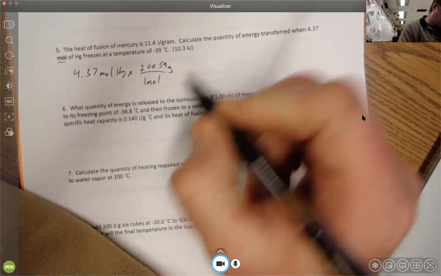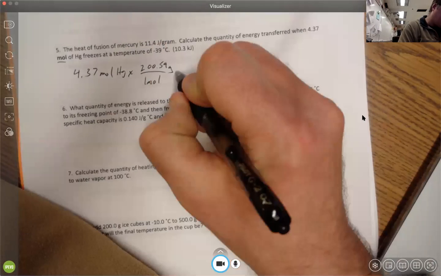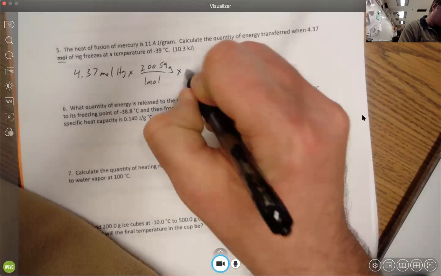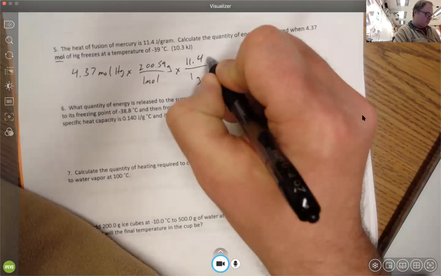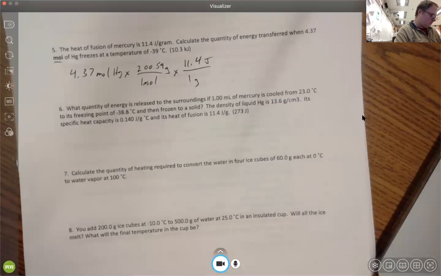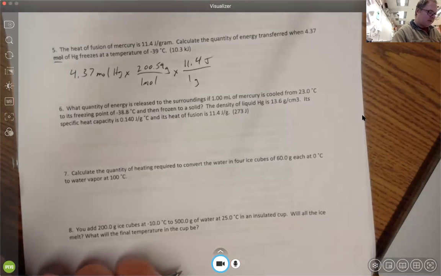And every 1 gram is 11.4 joules. So 4.37 times 200.59 times 11.4